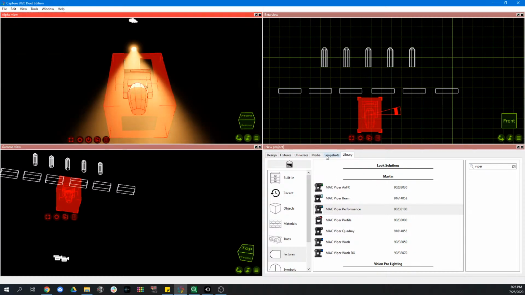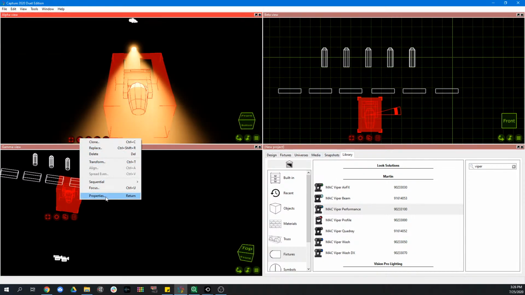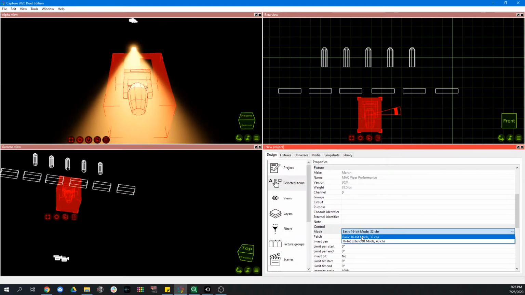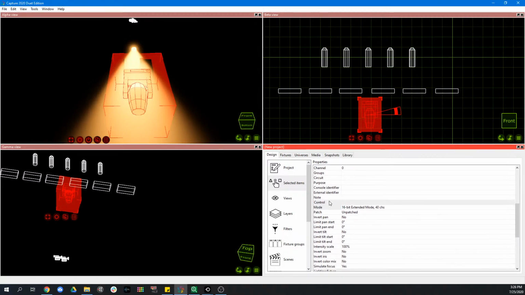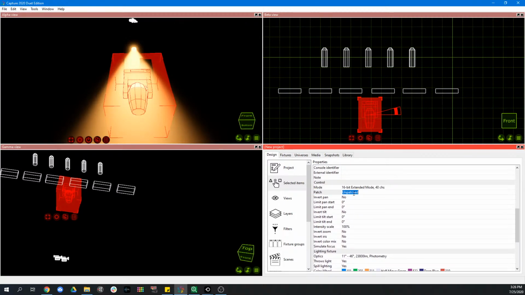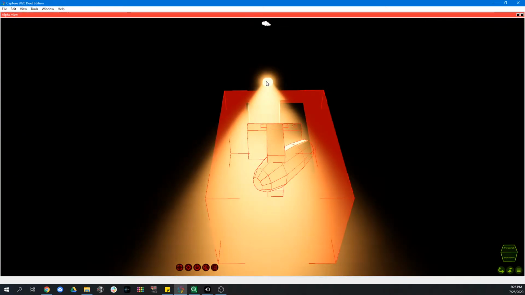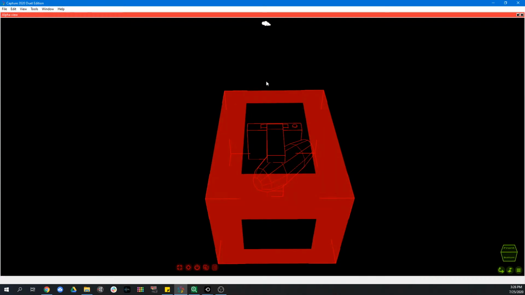Anyways, beyond that, okay, so we go to properties here, and I change this to extended mode because this gives you the 16-bit dimmer channel, which you're going to want. Let's start this at 301, channel 301. Okay, so that should be fine. I'm going to take channel 3 out, and then I'm going to go ahead and